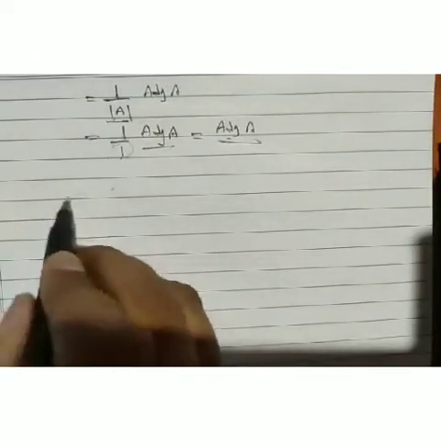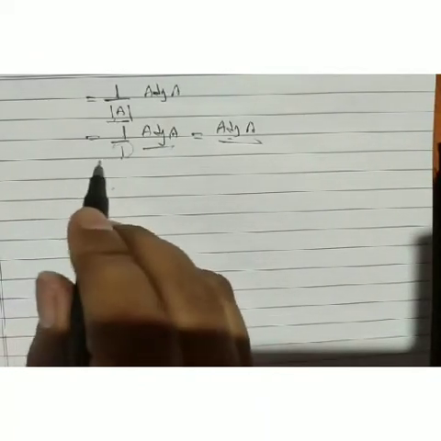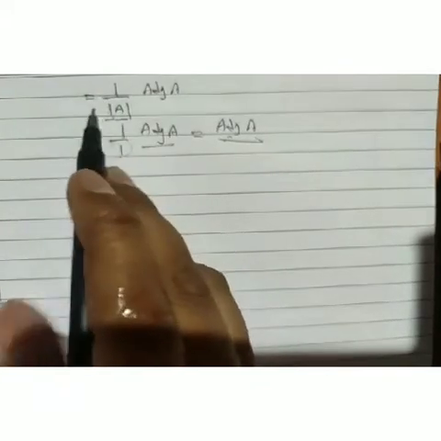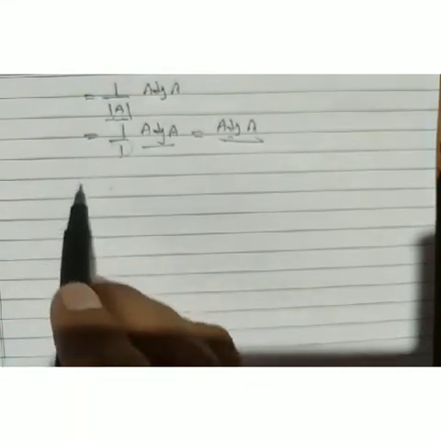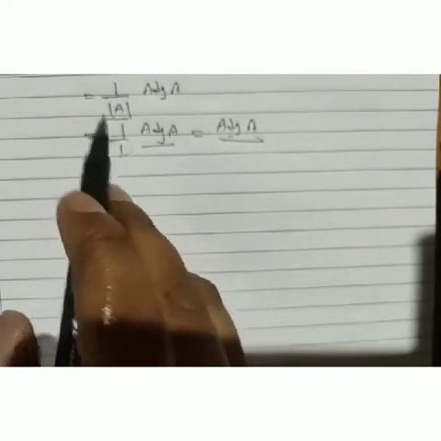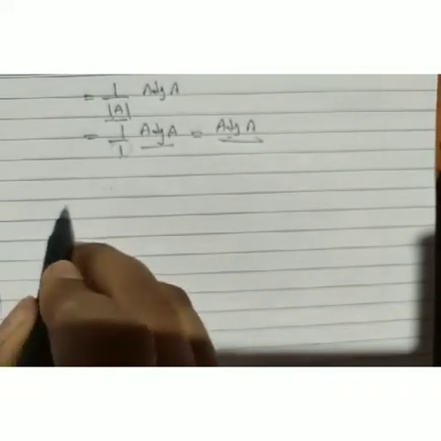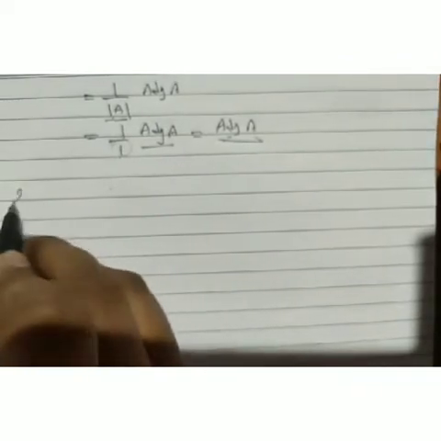Now we are going to take another example to explain A inverse. Again we are going to take a 3 cross 3 matrix. At home, all of you should first take a 2 cross 2 matrix and find its inverse, and then go on to find the inverse of 3 cross 3 matrices. Now again we are going to take another example.